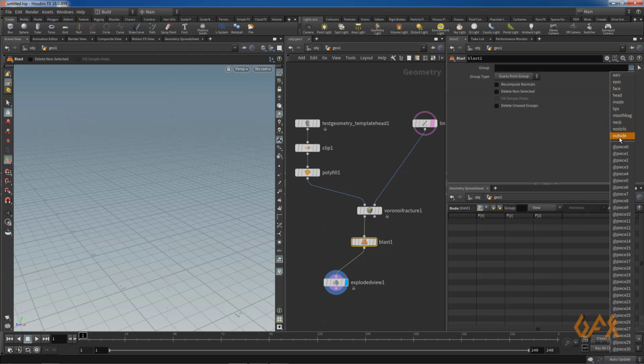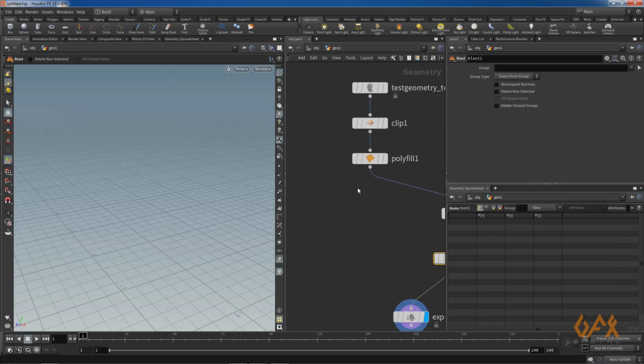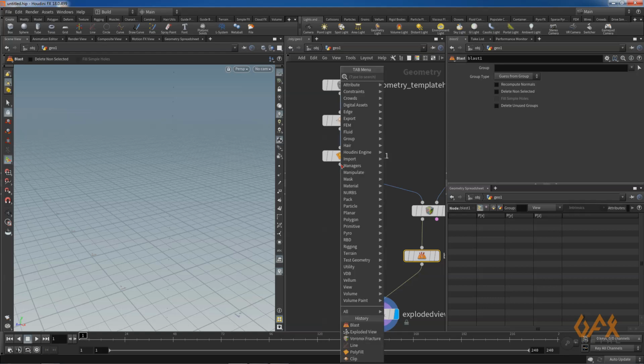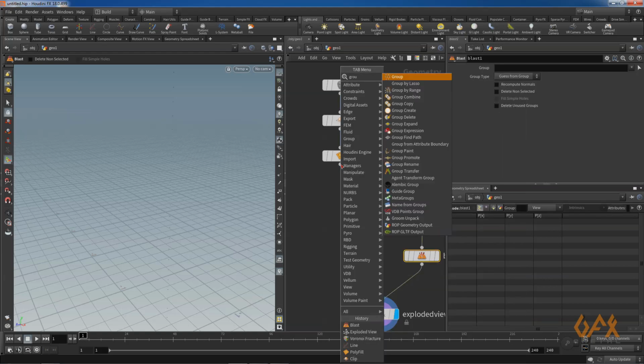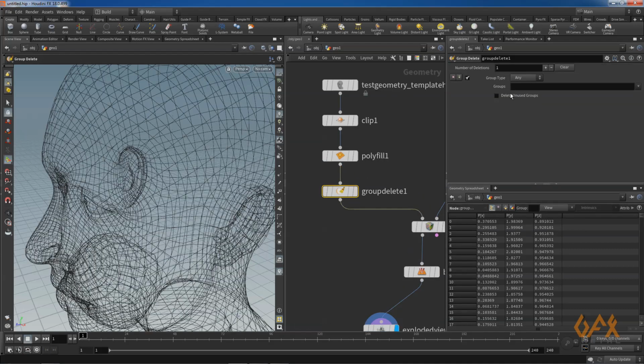So see here so many groups, so I am a little confused, or maybe you are going to be a little confused, because here leaves and all those groups come out from here. So what I prefer is that I just right click over here, I go to group delete, and here I just set it to star.